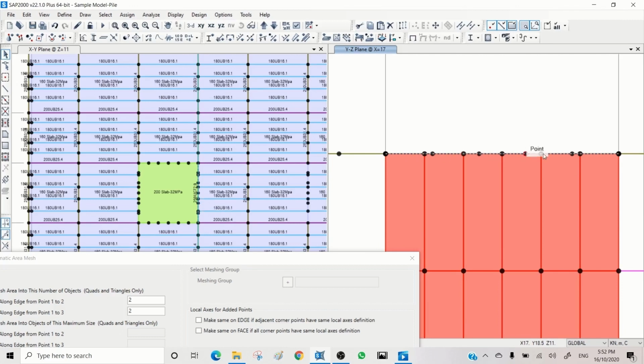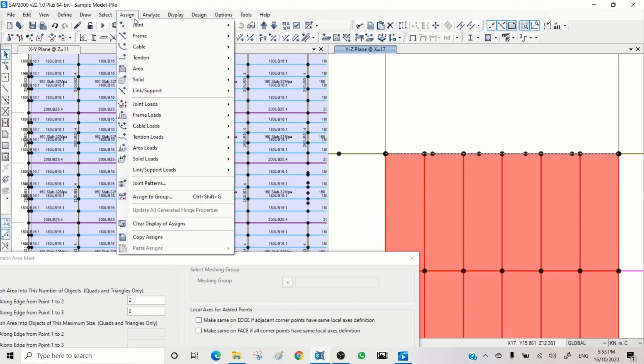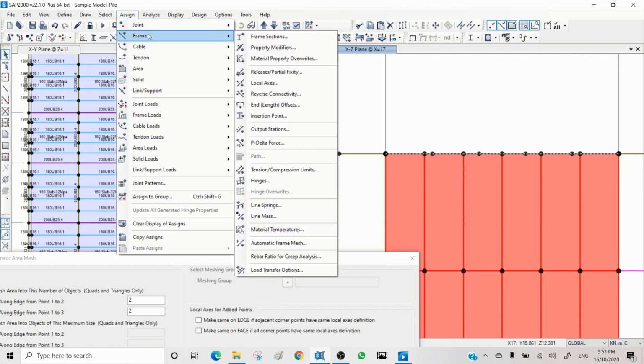So I don't want to see too much deflection. Sometimes it could be a very weak beam, but you can increase the stiffness and make it work for you. So if I select this and come to Assign, Assign Frame, here I can change the stiffness without changing the stiffness of that specific section, because if you change the stiffness of the section, all 250 UBs will be changed. But if I come here and go to this